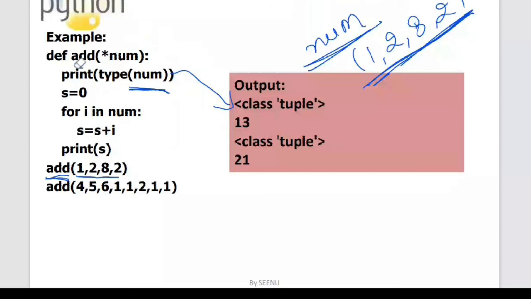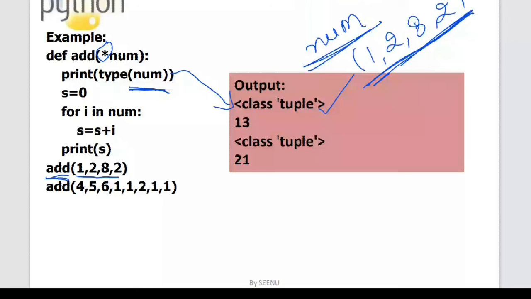We are just trying to understand what is happening internally. The type of this variable, which gathers all the items passed into a function, is a tuple. We put a star over here to represent that it has more than one value. So num now has more than one value. It is not representing a single element. It is representing a group of elements, a sequence of elements. That's why we are putting a star over here.